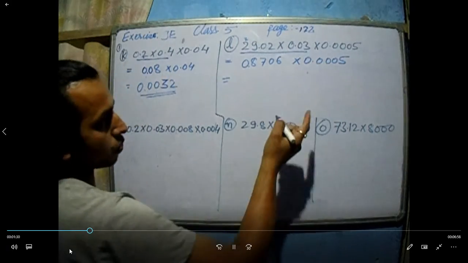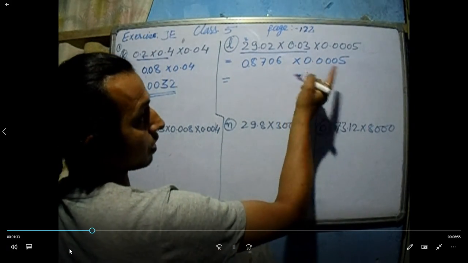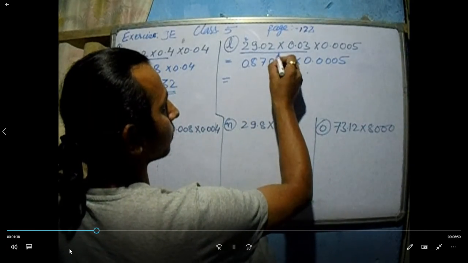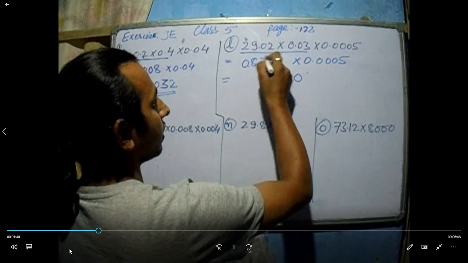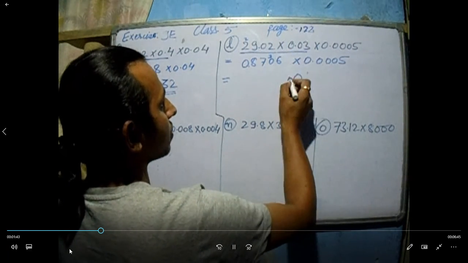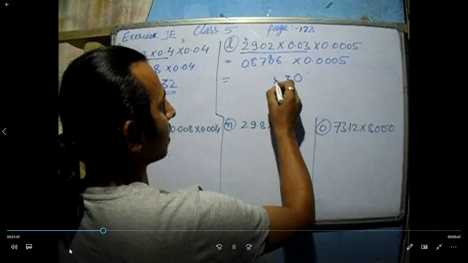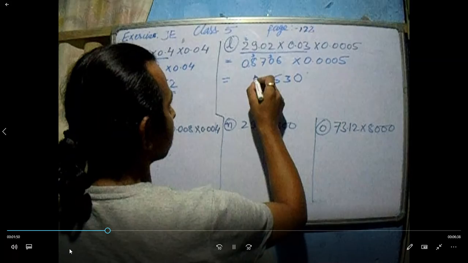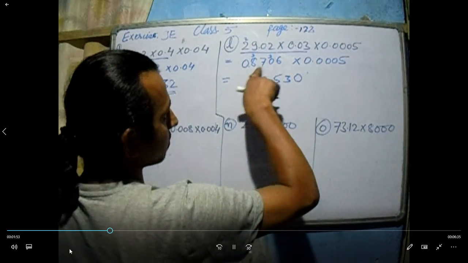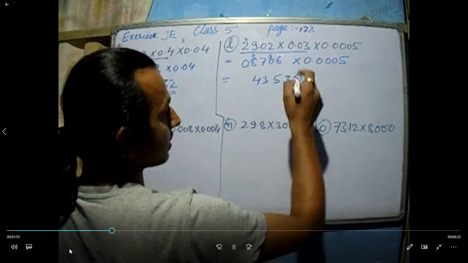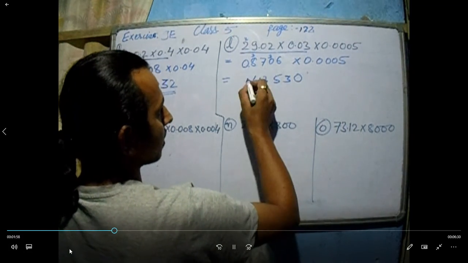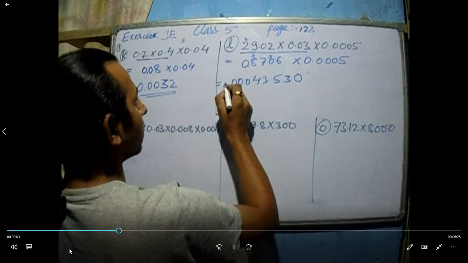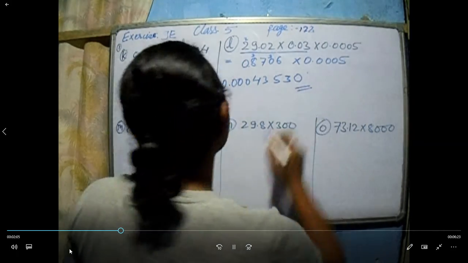Now we'll multiply these two. So 5, 6 is 30. Simply multiply the number. Okay. 5, 6 is 30. Carry 3. Then 5, 0, 0. 0 plus 3 is 3. 5, 7 is 35. Carry 3. 5, 8 is 40. 40 plus 3 is 43. We got it. After decimal 4 digit, after decimal 4 digit. That means 8 digit. 1, 2, 3, 4, 5, 6, 7, 8. We got it, 8 digit. Now, after that, put 0. So, this is your answer.